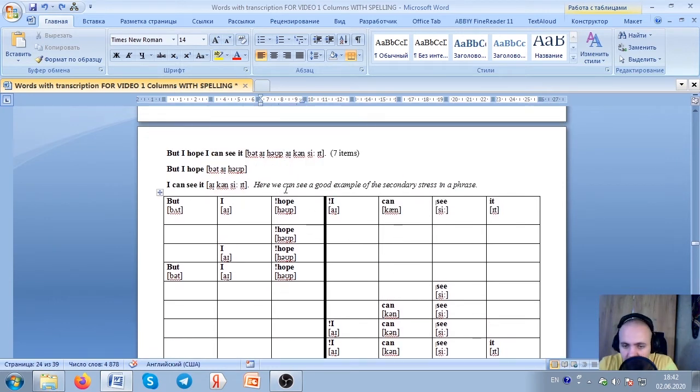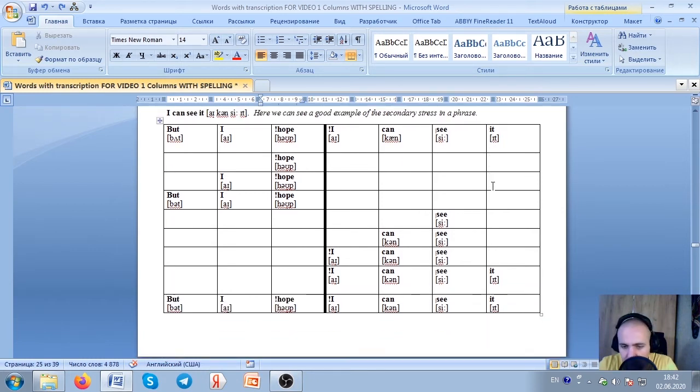Again, here we can see a good example of the secondary stress in a phrase. Where can we see it? I can see it. Oh, here it is. Yeah. Now, again, without an explanation, this is just an ordinary sentence. But then if you read it more carefully, you see that here I have this exclamation point, and here